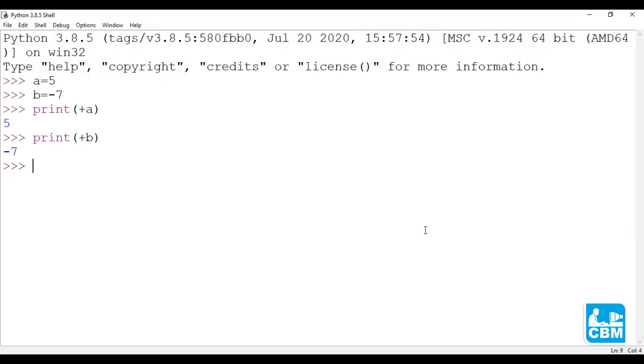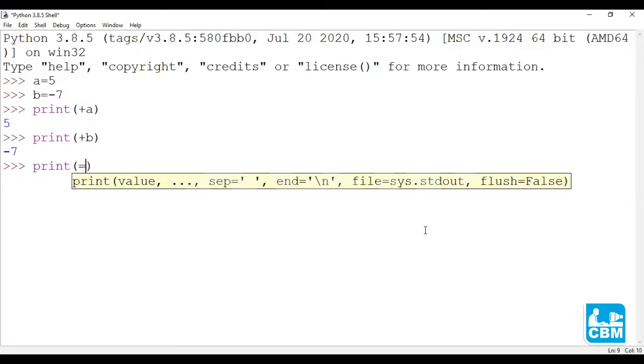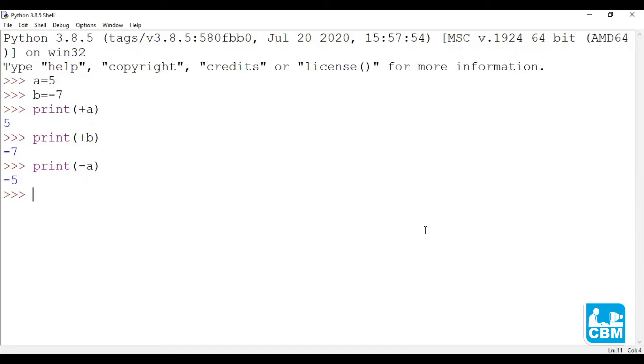Now I want to invert the value of A. So I want to make +5 as -5. So I'll print -A in order to print -5. As you can see, I have got the output as -5.